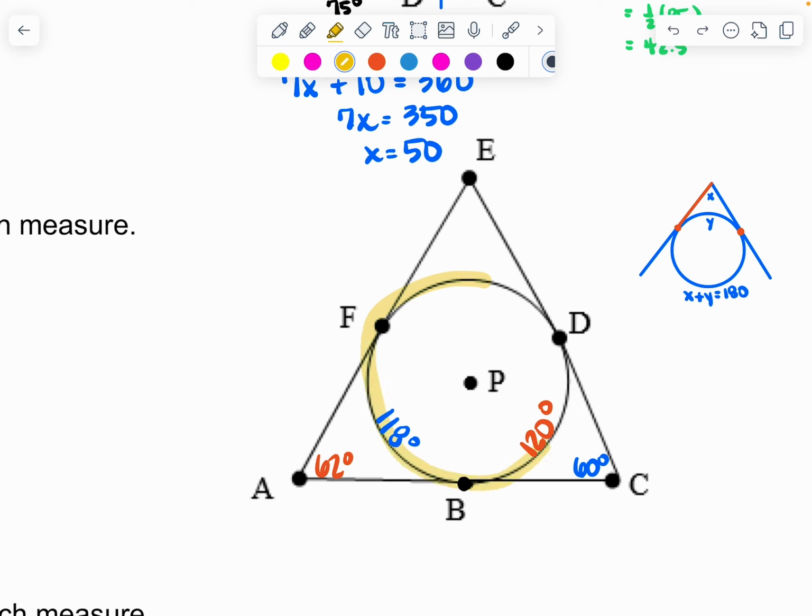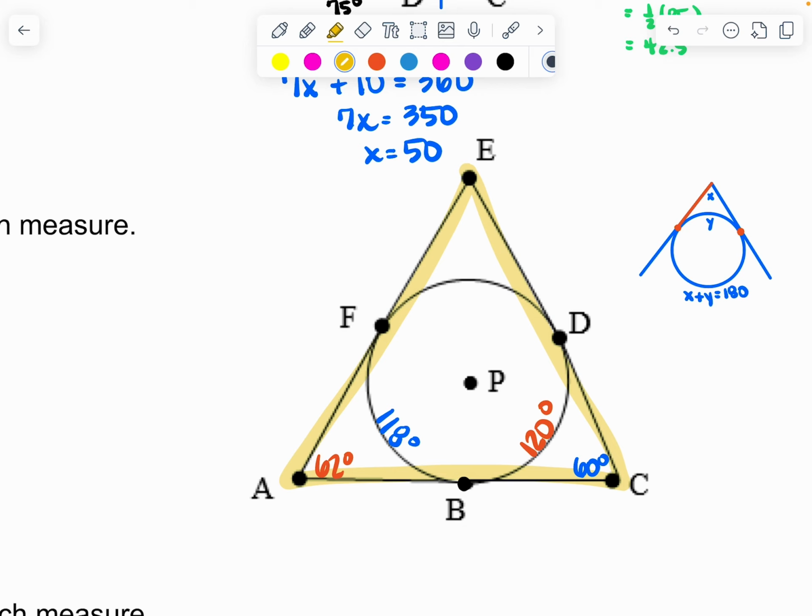Number one, you can solve for the missing arc first because we just need to know what's left over from the 360 degrees. Or instead of using the circle, you could use the triangle. And we know the triangle sum theorem says those three angles have to add up to 180 degrees. And so we then know,